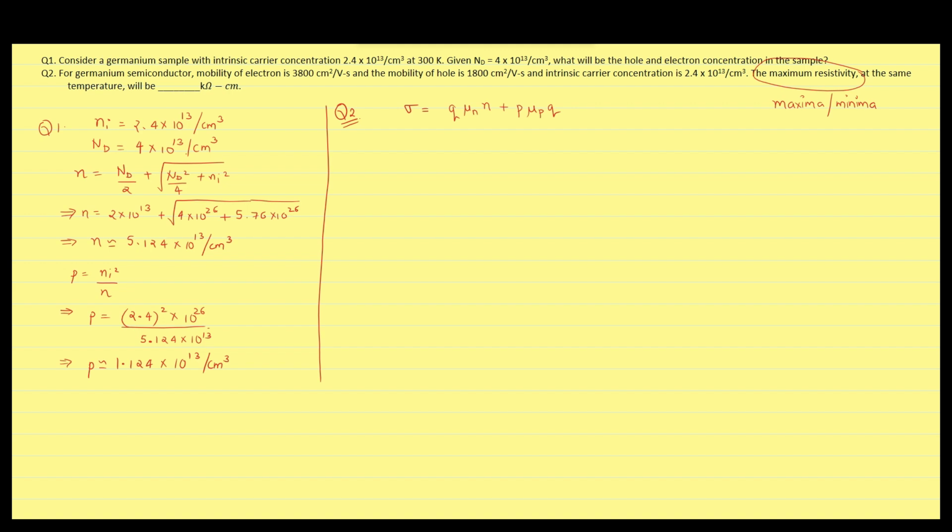For maxima and minima, there should be a function, and for easy calculation, the function should be defined in one variable only. Now, charge is a constant, mobility is also a constant because temperature is kept constant. So, the only variables we have are free electron and hole concentration. Also, by mass action law, we can write hole concentration is equal to square of intrinsic carrier concentration divided by free electron concentration. If we put this value in conductivity, we will find